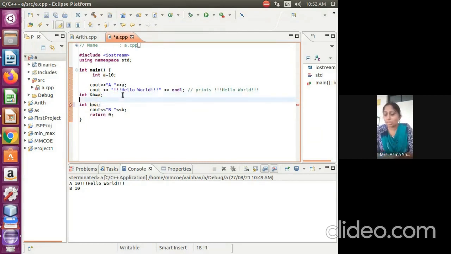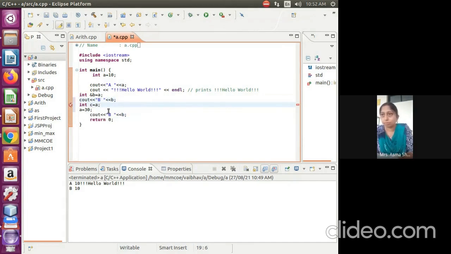I can modify A is equals to 30. Okay, A is equals to 30. And now after this, I'm changing this value here, A is equals to 30, and I'm printing this. See out here also B. Okay, so now if you understand this, A's value is assigned, it is not like values assigned, it is like assigning the same memory location. Okay, if I run this code, now I have modified A's value.